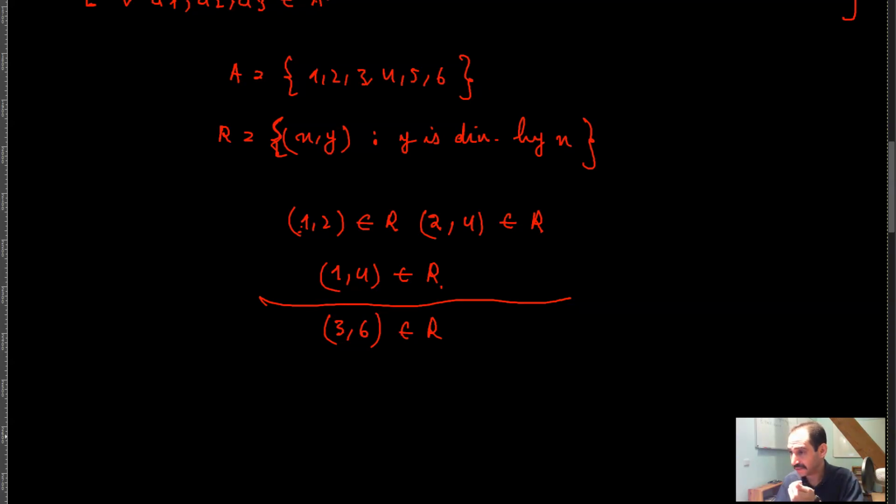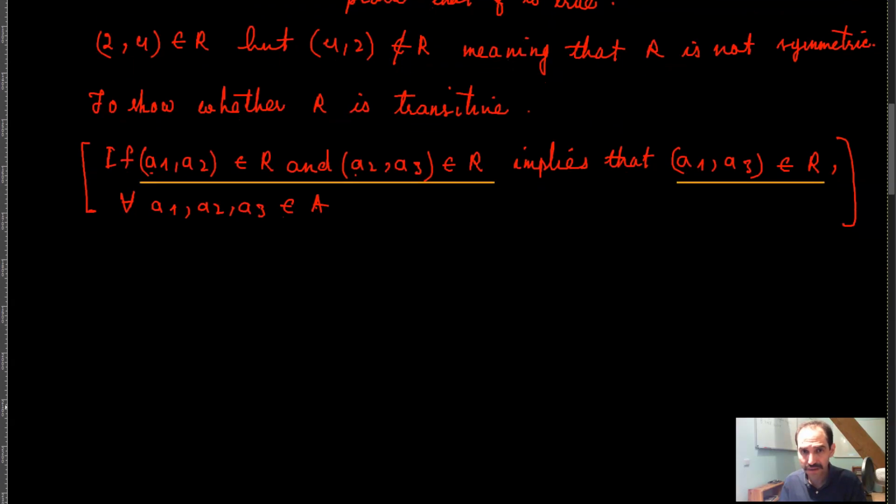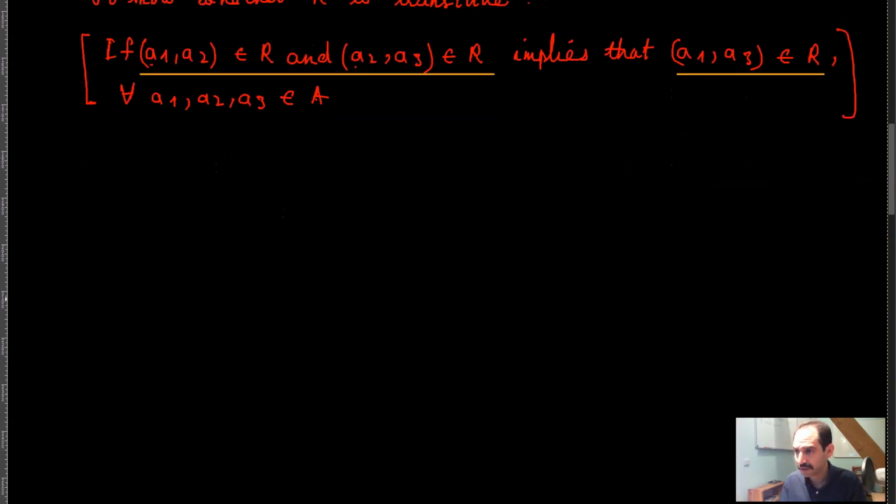I'm sorry, let me take a look at the solution. It says that, basically, as I suspected, and of course this kind of suspicion is not a valid suspicion. I mean, you cannot trust it in any way. But it turns out that R is actually transitive, meaning that you can say that, let (x, y) belong